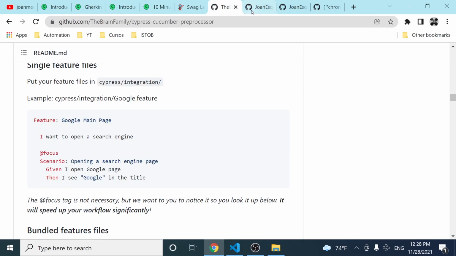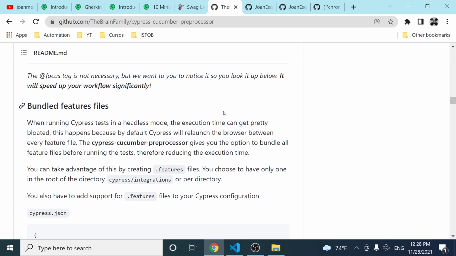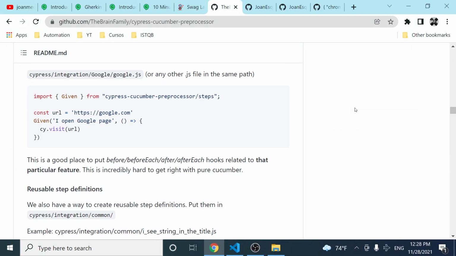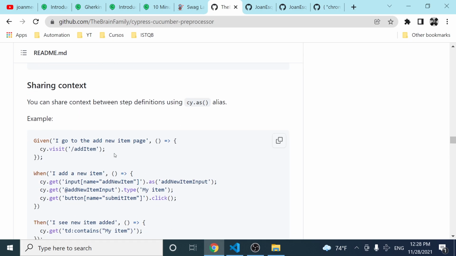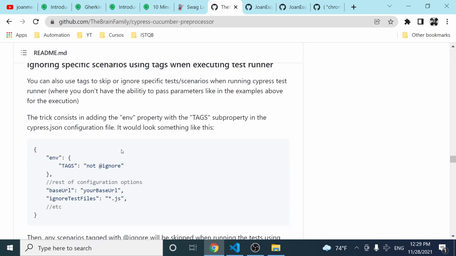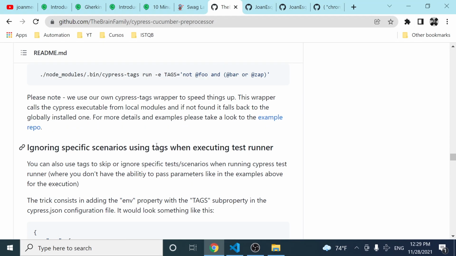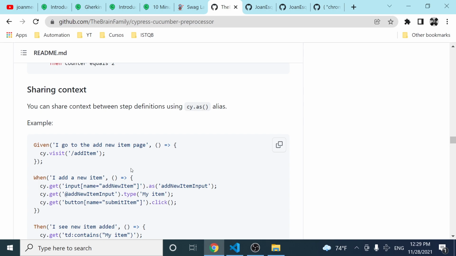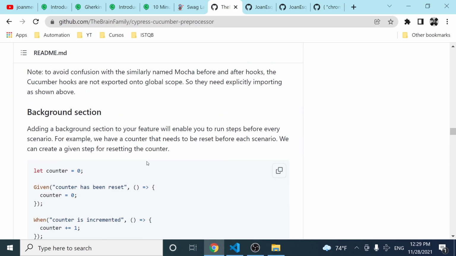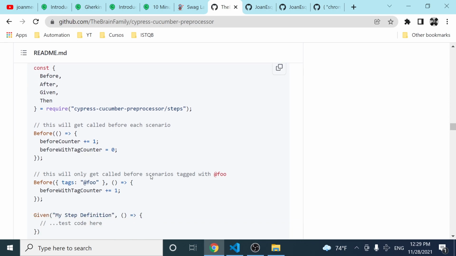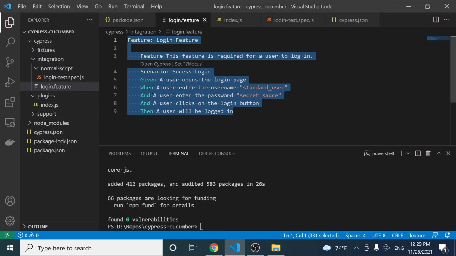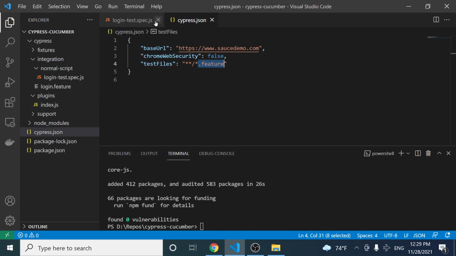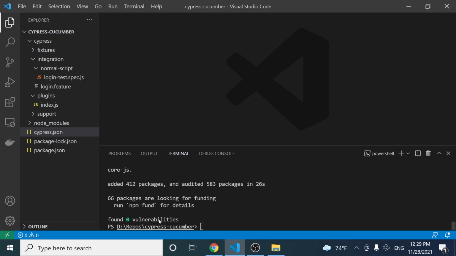So if I come here to the official documentation about the Cucumber library, you can see what we have to do. Let me check. We have to import the different step definitions, but I need to check the correct way to do it. Just let me wait, or actually wait for me for a few seconds. Yeah, that's what I need to do. I'm gonna import right from, okay, I'm missing something. I'm sorry guys, I'm gonna close up all my tabs here because it is going well, but I have to